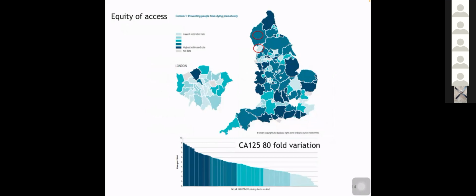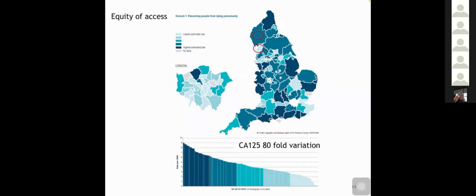So information. Once you start to visualize some of this data, once you start to make the data open, you can start to gain insights about our practice from the data. And this is a publication from a few years ago using CA125 testing, and it mapped it over England. You'll notice that Wales is missing from this. It's because it's an English database, and London is put out as a separate